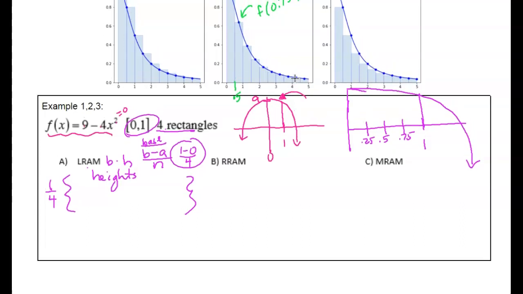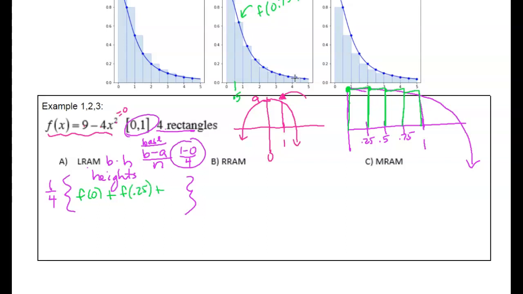So for my heights, if I want to use the left, that means when I go to draw my rectangles, the left part is where I'm going to get my height. Depending on your curve, it might be more obvious, it might not. So I would exaggerate your curve if you're not sure for the under and overestimate questions. But I really want to do f of 0 plus my next height, which would be at 0.25,